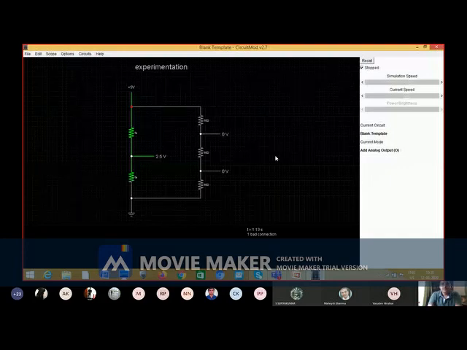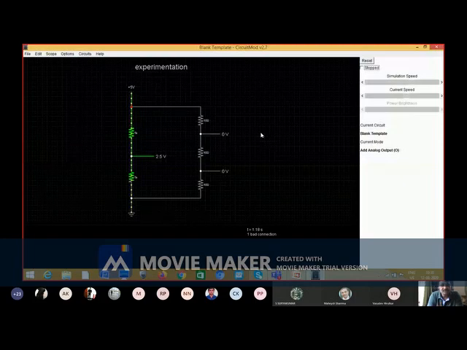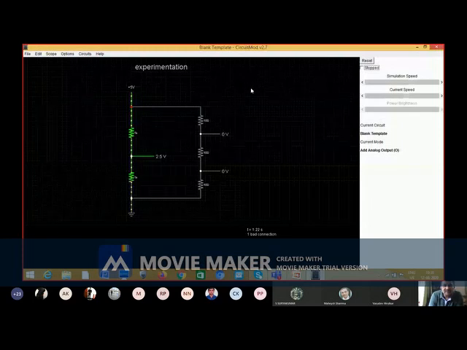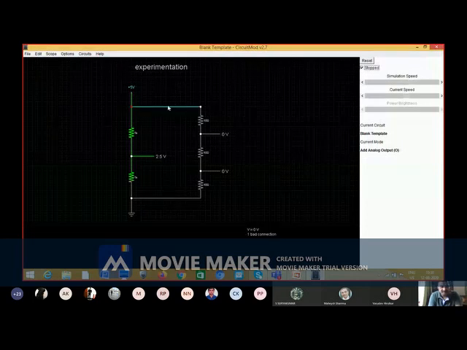Now, even though I untick this, my current is not flowing through this part. Why? Because there is one problem in this circuit. You can see here below you'll find one bad connection. If you see this circuit properly, here you'll find one red blob.